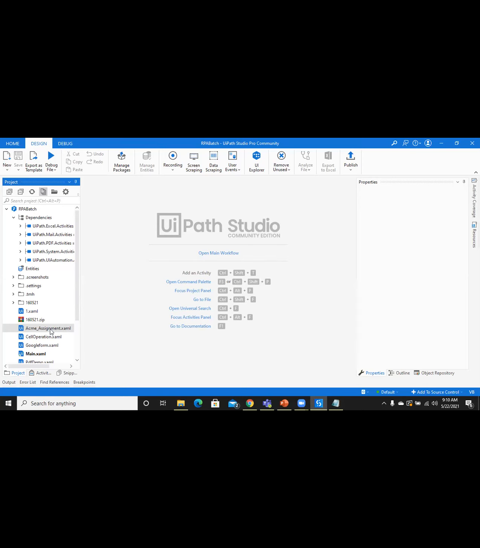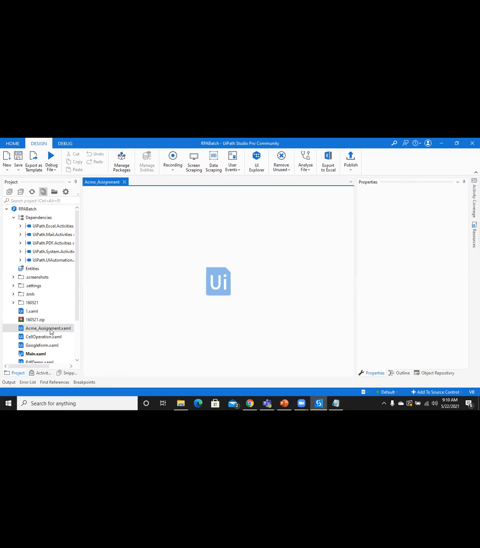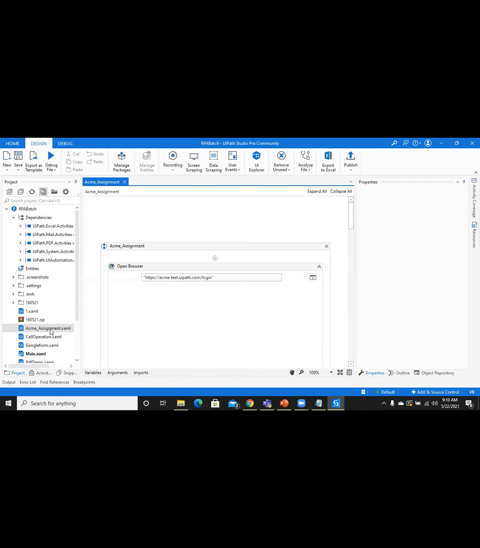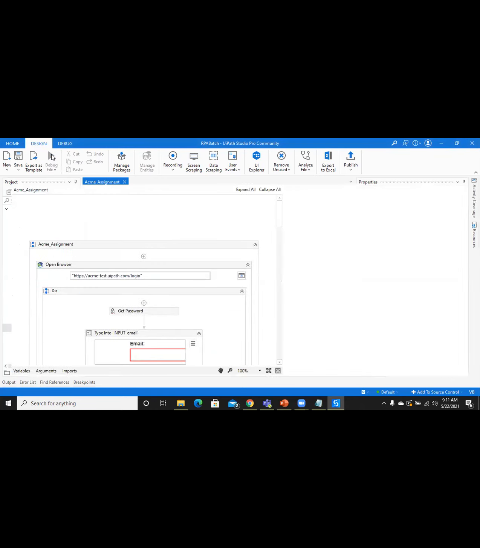But for the time being, we'll just run this bot and let's see what happens. This is the end-to-end automation you can see. Let me trigger it and then I'll explain what happens in this.